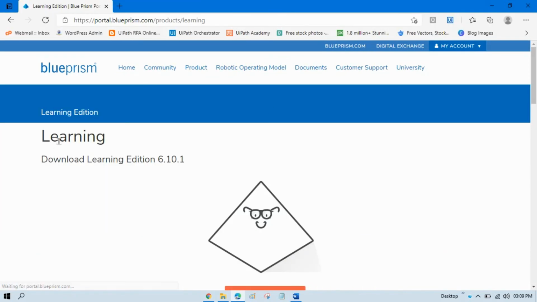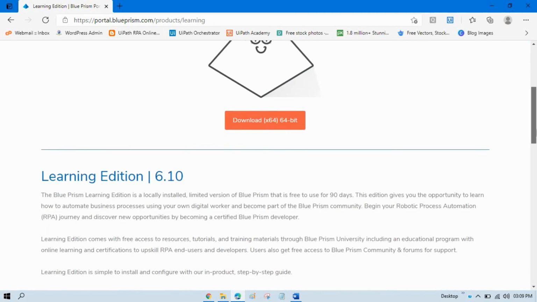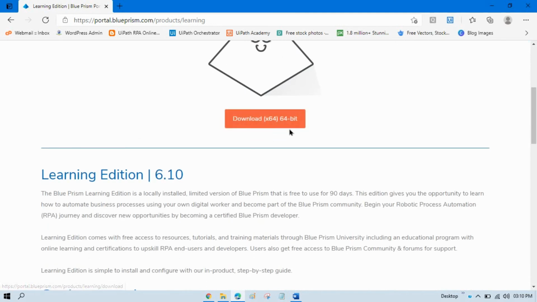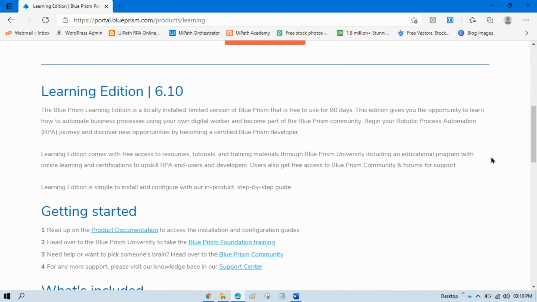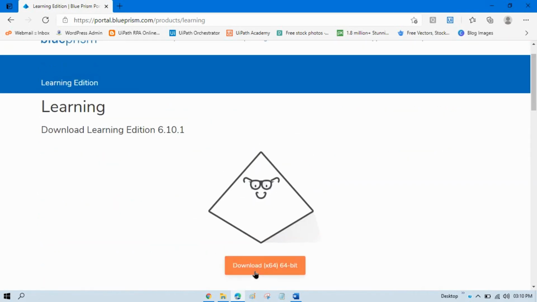So you can see we are getting here Learning Edition. Download Learning Edition 6.10.1. You can download the 64-bit version here, the Learning Edition 6.10, and Blue Prism is free to use for 90 days. So you can just click on download,